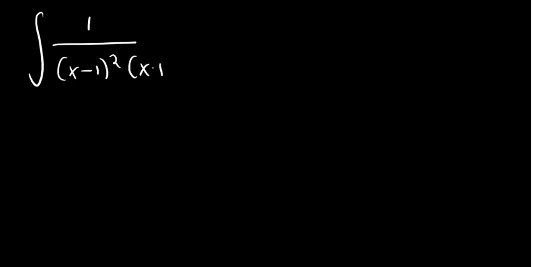Okay, let's look at another one. How do you basically get to perform the integration on a question like 1 over (x minus 1) squared and then (x plus 1)? So we basically call this repeated factors, where in a case where you have